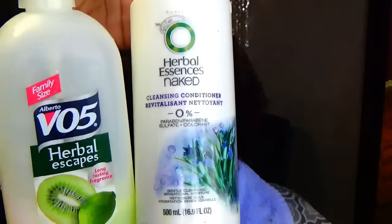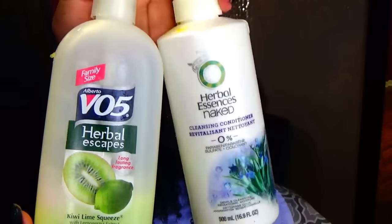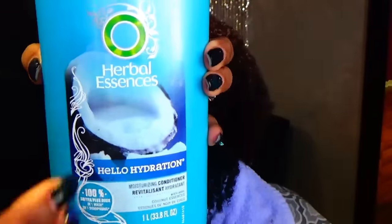Co-washed with these two products mixed together, Herbal Essence and VO5. This is a clarifying conditioner. So I co-washed with these two once. The conditioner that's in her hair now is Herbal Essence Hello Hydration, and we're going to just detangle her hair